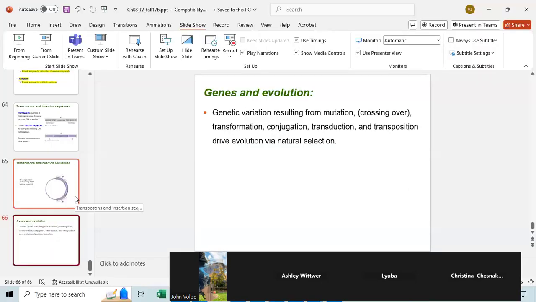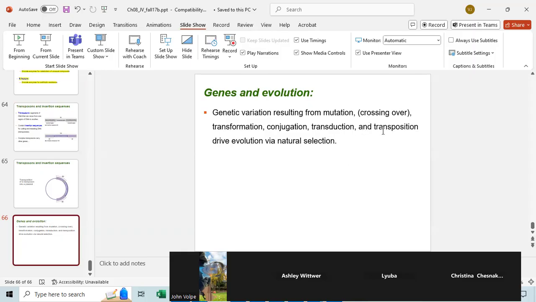And I guess plasmids. All right, if there's no questions, let's talk about genes and evolution. Genetic variation, for it to result for the first time in a population, it has to come about by mutation. But if that mutant does exist in the species, then it can move around between cells by transformation, conjugation, and transduction,